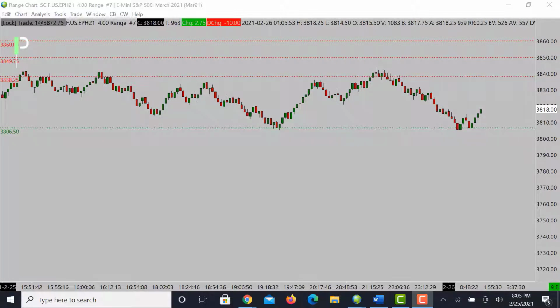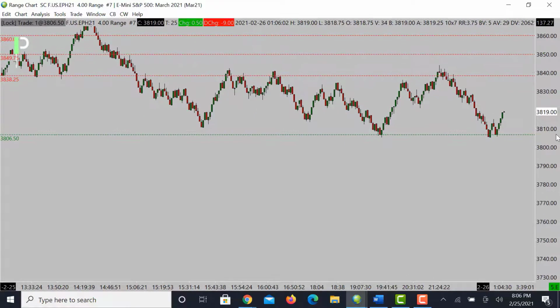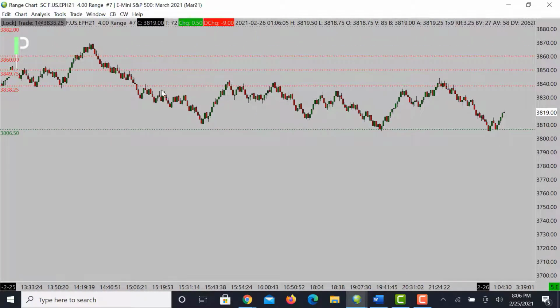We're going to be going over S&P 500 and also gold today, so let's go ahead and get into it. Here we are looking at S&P 500. You could see we're in a consolidational phase right now. We have a top level of resistance at 38.3825 and a support coming in at